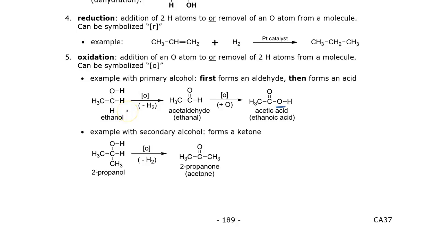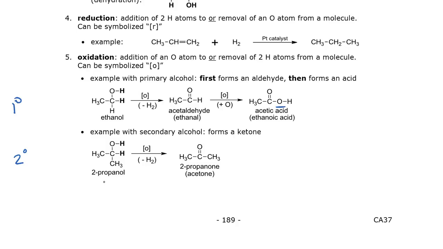A primary alcohol, if you don't remember, is one in which the carbon that contains the alcohol group is bonded to one other carbon. That makes it primary. And we sometimes symbolize that with a 1 with a little superscript like a degree symbol, like first degree or primary. The next one, we could symbolize with a 2 with a degree, which is a secondary, and that indicates that the carbon that contains the OH group is bonded to 2 other carbons.